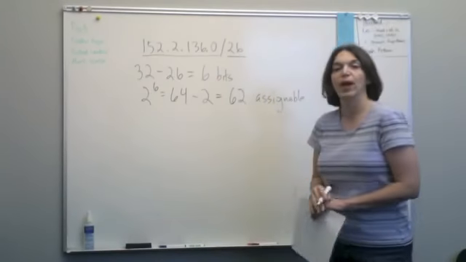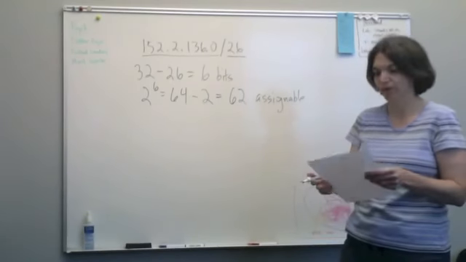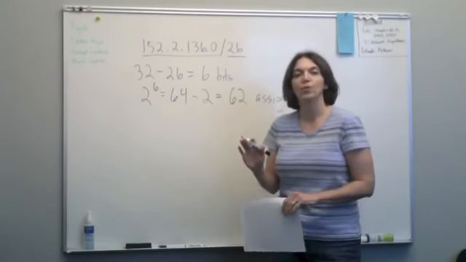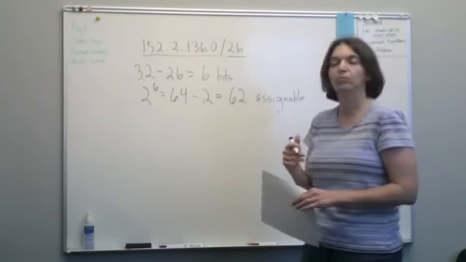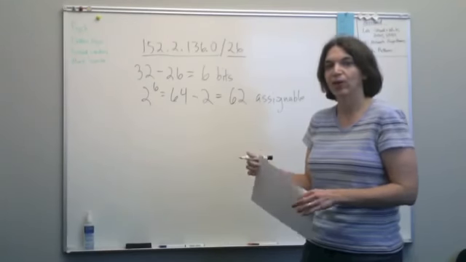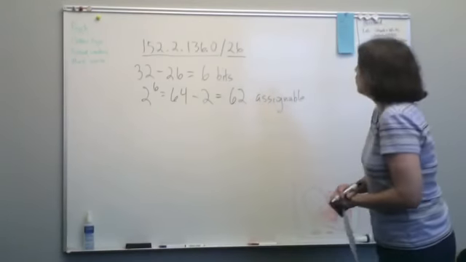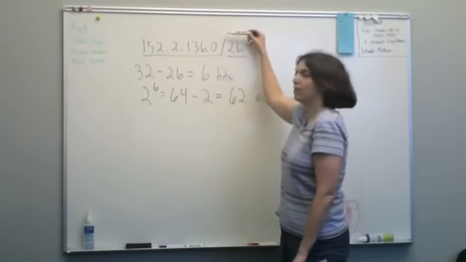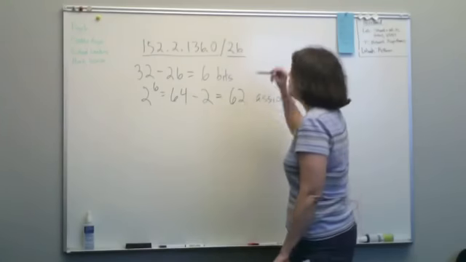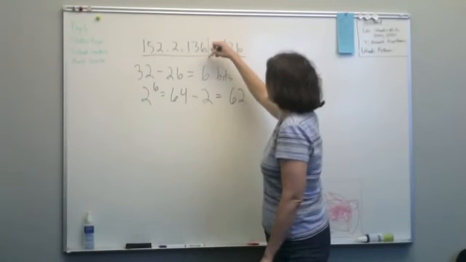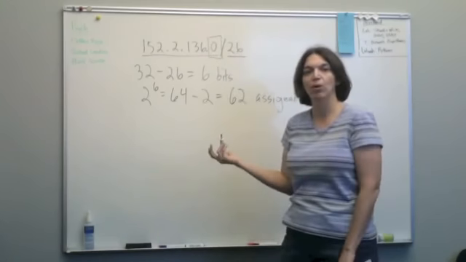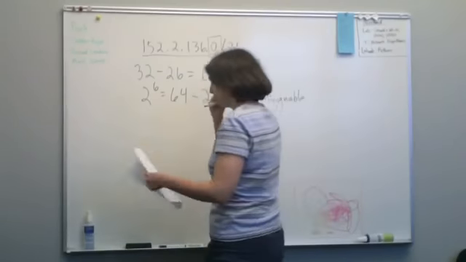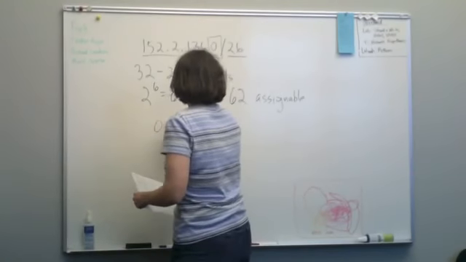Now how do we figure out what the range of these addresses is? The easiest way to do this is to look at the bits in this address. The host part is always in the rightmost part of the address, and we have 6 host bits. This last octet is 8 bits long, and 6 of them are part of the host part. So we really only need to write out the binary for this last octet. So 0 is